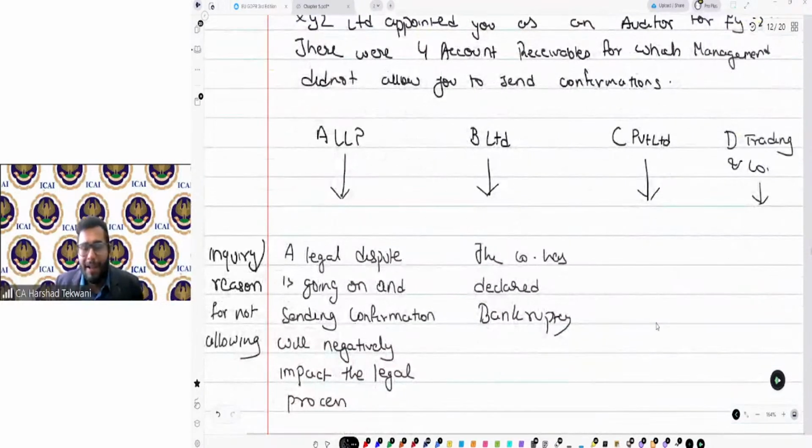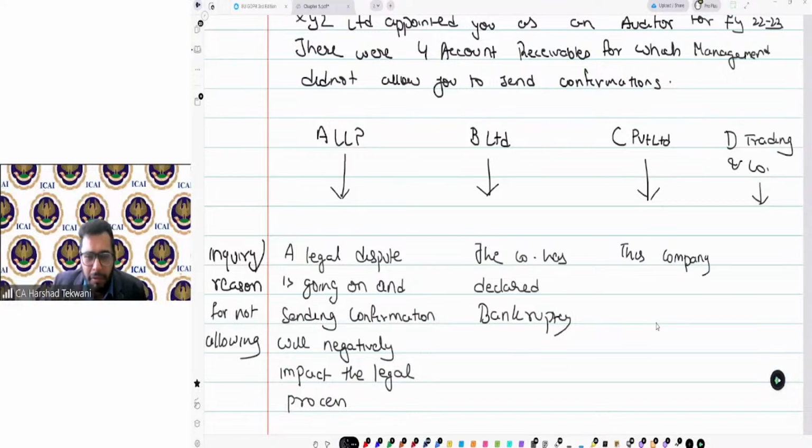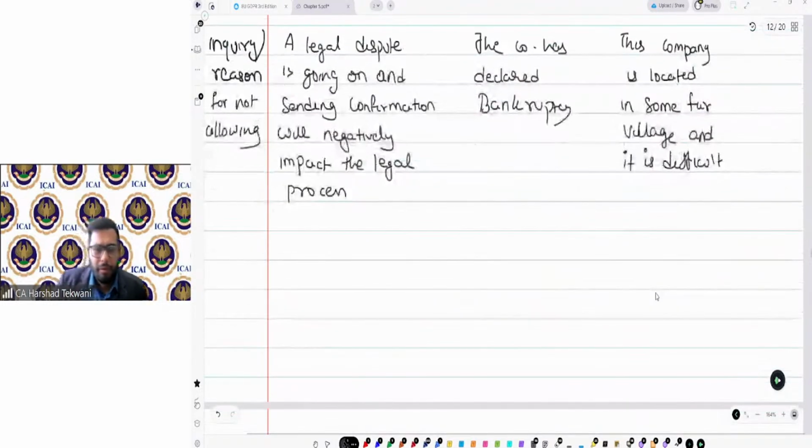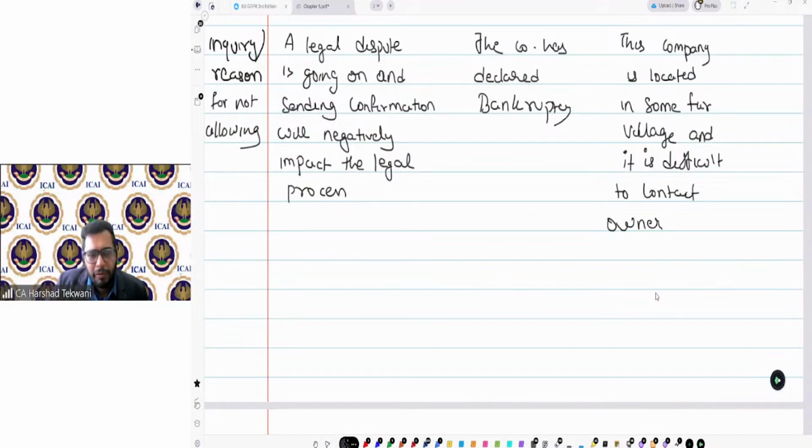Then C Private Limited. Management said that this company is located in some far village and it is difficult to contact the owners of the company.